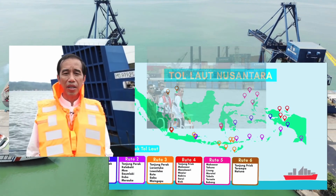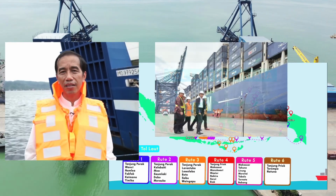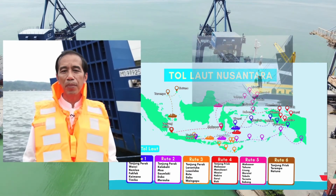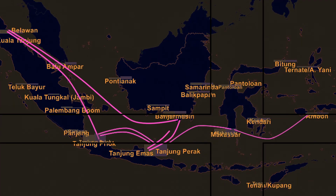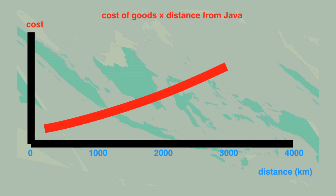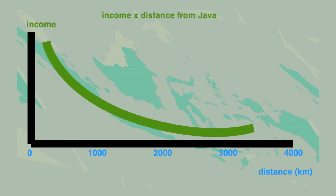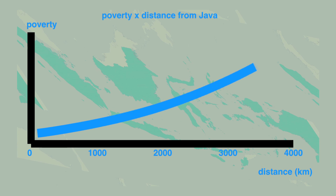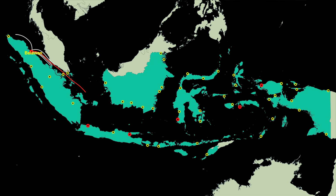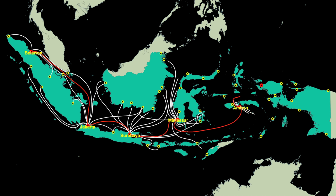The current President Joko Widodo understands the need to improve transport connectivity in eastern Indonesia. He envisions a maritime expressway to improve inter-island shipping, reduce costs, promote economic development, raise incomes, lower poverty, and reduce regional disparities. A national shipping network should include high-capacity trunk or pendulum routes, linking large transshipment hubs from west to east, with feeder routes to